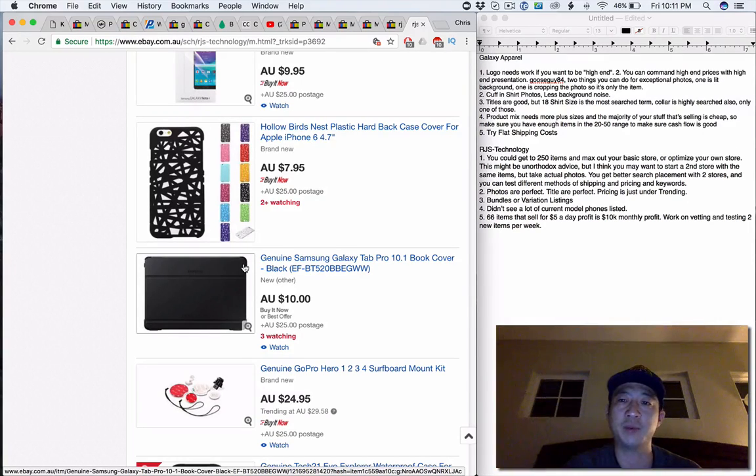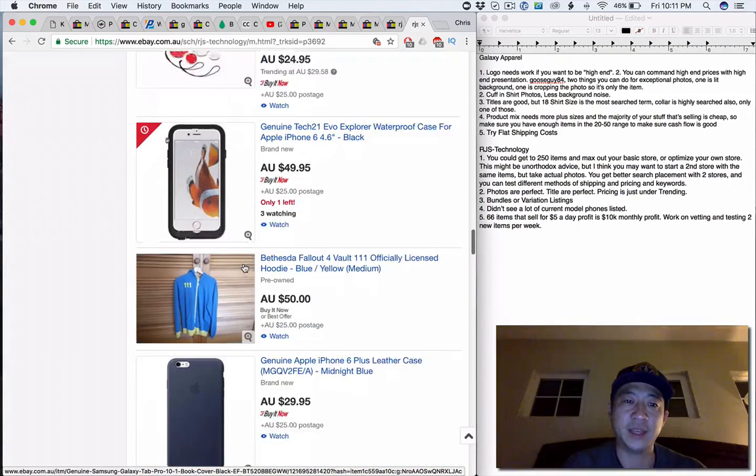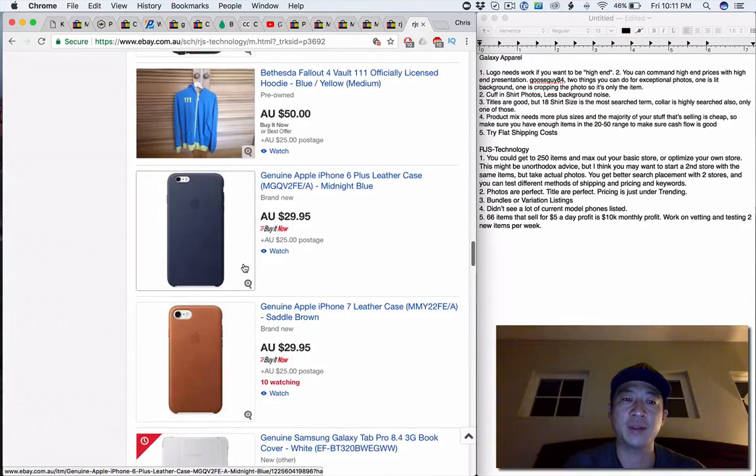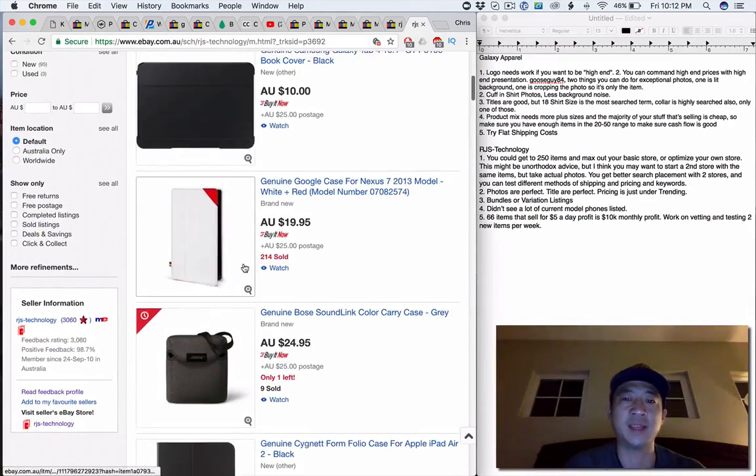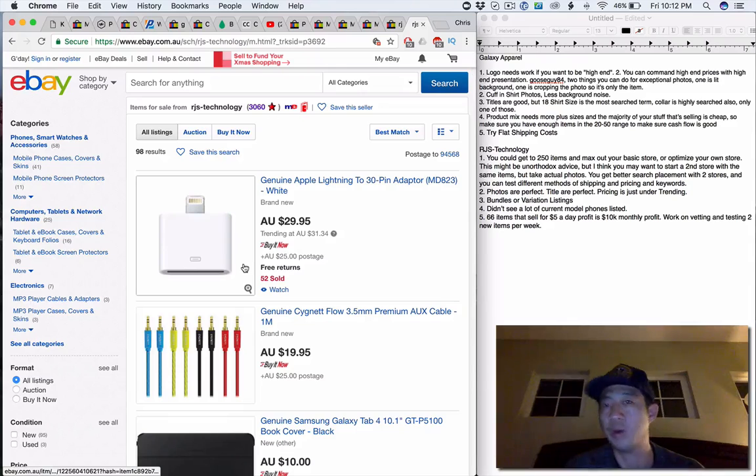But I love the replenishable game. Number 4, I've noticed a lot of the models that you have are not current. They're iPhone 6, iPhone 6 Plus. I don't see a lot of 7 in here. I don't see a lot of Galaxy S7. I think that might totally boost you because you want to sell